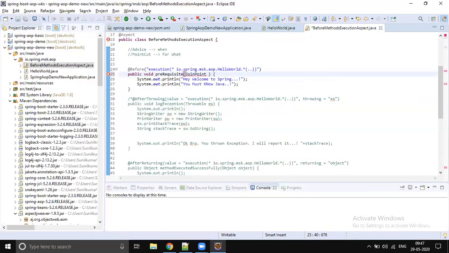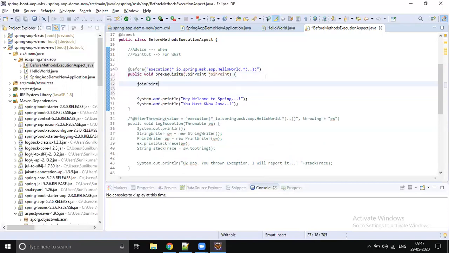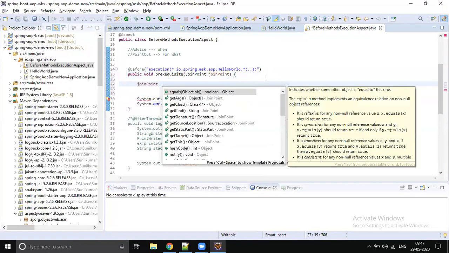You don't need to do anything, you just pass that as an argument. There are a few predefined methods available, and by using those you can come to know some metadata.